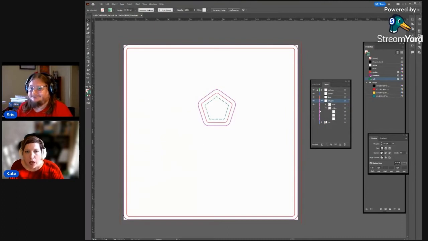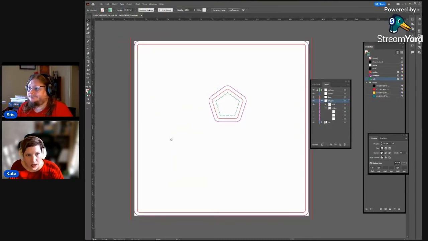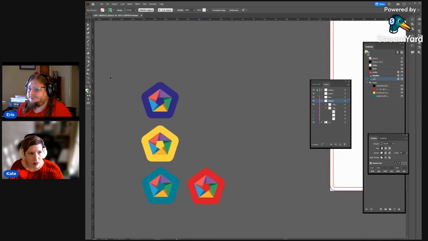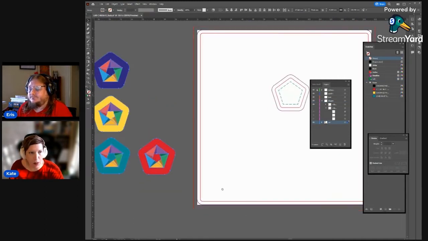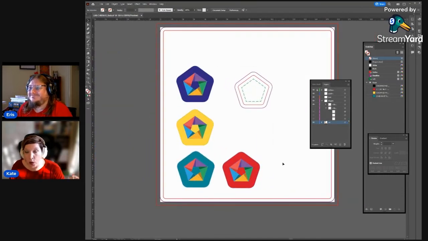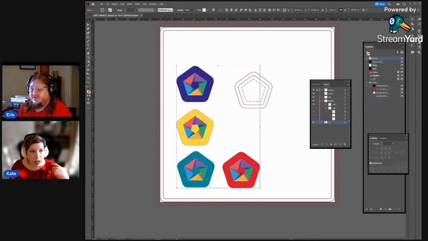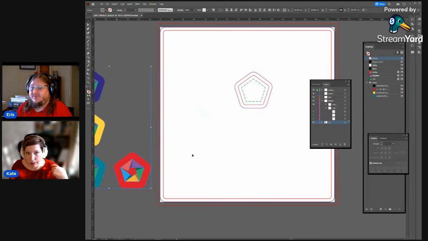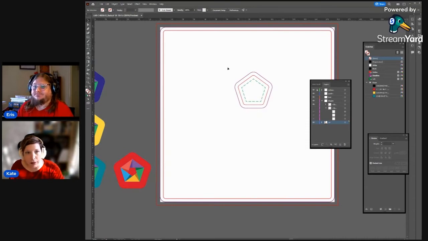So the next thing I'm going to show you is I created some tokens. We're just going to pretend that we've got a game that uses pentagon-shaped tokens. So here are some pretties, as if I've got four players, and they each get a different layer. This might have a number in the middle or something like that, or it could just be a color, or an illustration, like if you had them as coins or something like that.